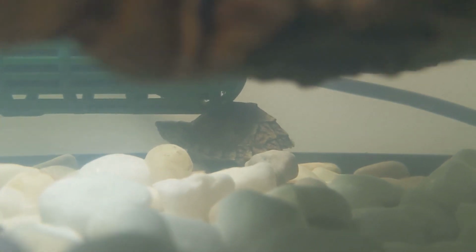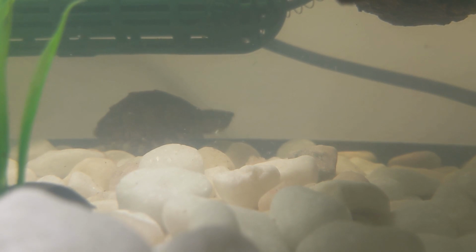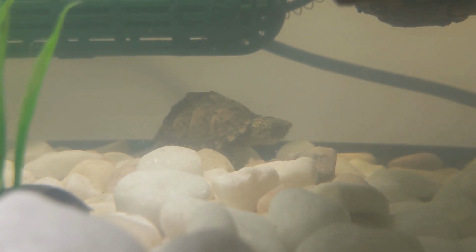But it's pretty cool to just watch them exist in their underwater world, their own little environment, right? So, we watch Buzz underwater here. He kind of runs around, and one of the things we like to think about is water quality,